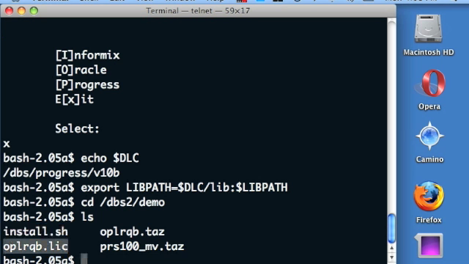The oplrqb.lic file is the actual license file for the product. The oplrqb.tas file is the request broker installer. This file contains a generic listening service. This service listens for ODBC connections coming from OpenLink clients, and it simply spawns the agent that can service those connections. In our case, the servicing agent will be contained within the PRS